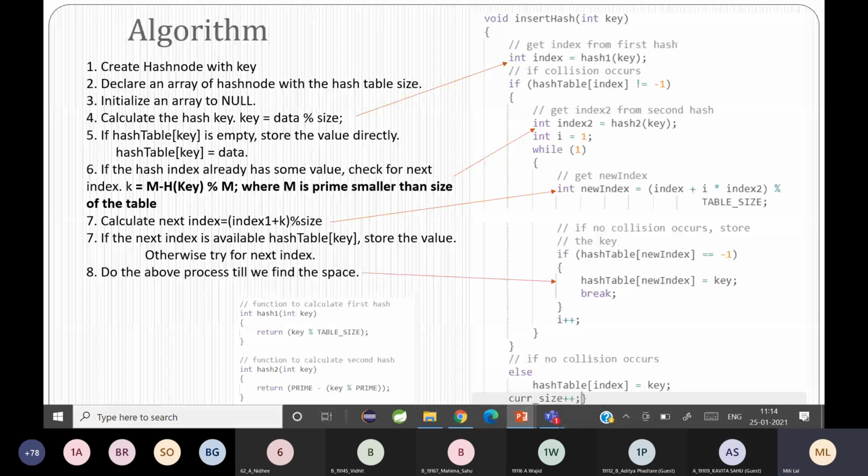Yes, it's an infinite loop. So when will you break out of the loop? When you place the key in the correct bucket. Is it clear? So you see a break statement here: hash table new index equal to key, and break. Clear?